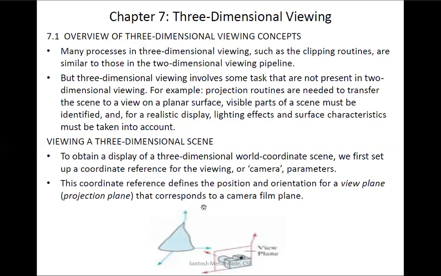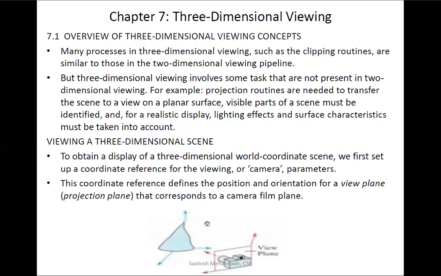Here we have to place the position for this view plane, and the orientation, which is nothing but rotation about the x-axis, y-axis and z-axis.